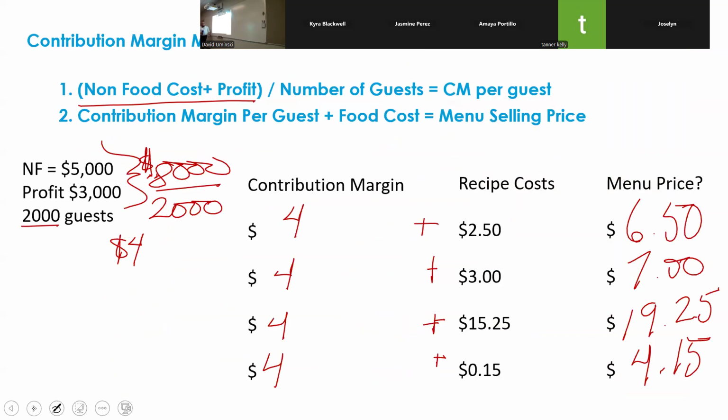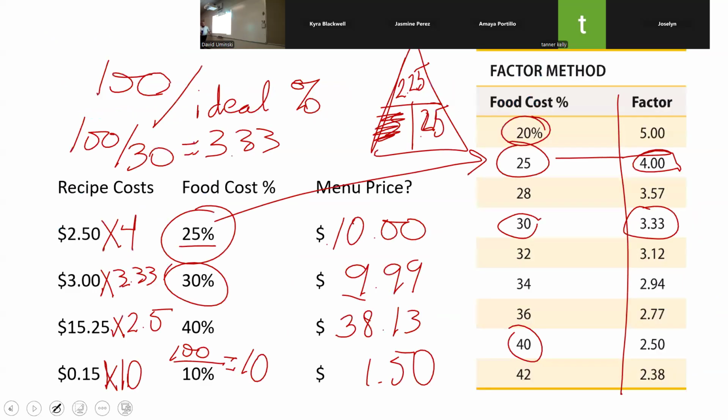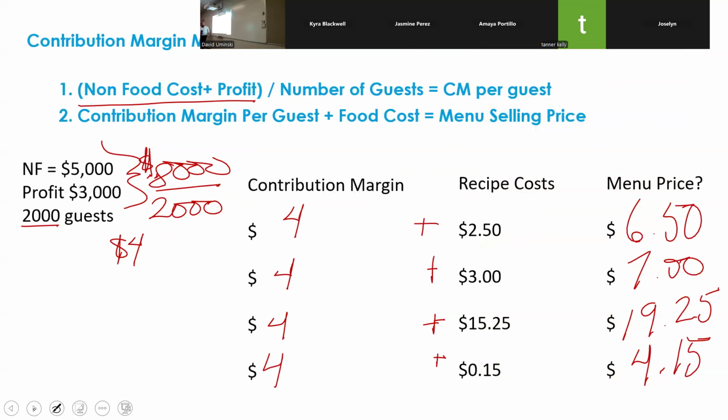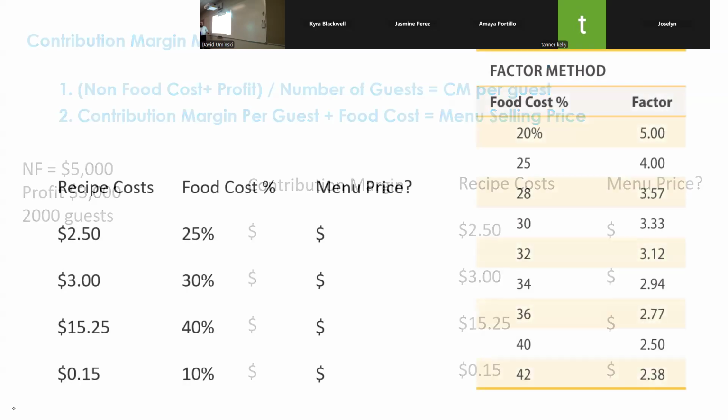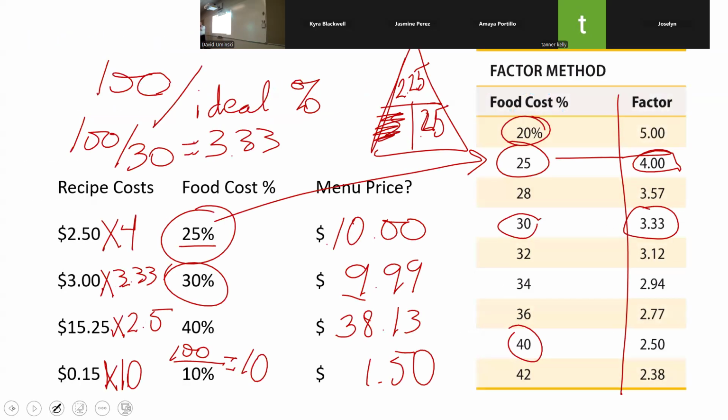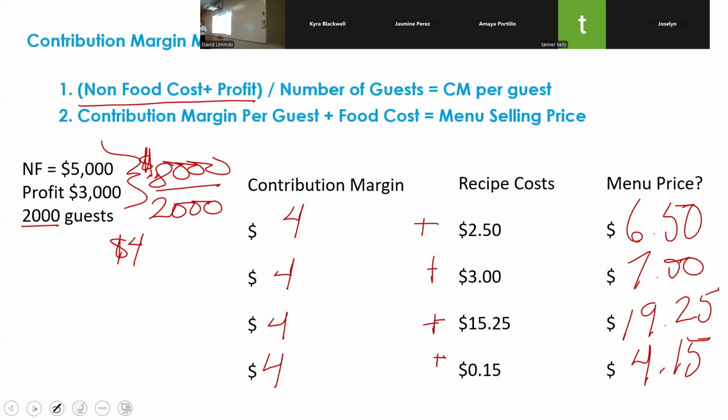And then the other one that's most drastic is number 3. Is that the one you just talked about? And number 4. From $1.50 to $4.15. Right? So think about a beverage. $1.50 versus $4.15. Okay. So if we're talking about a steak, adding just $4 to the cost of our ingredient probably isn't the best method to go with, right? Probably want a little bit more profit off of that item than just that $4, right?